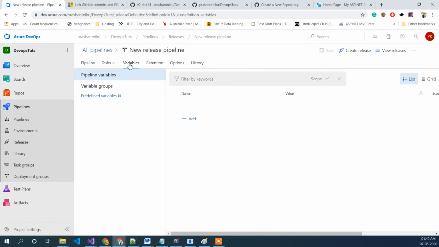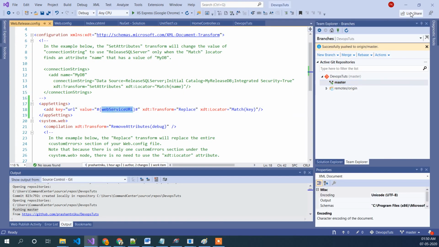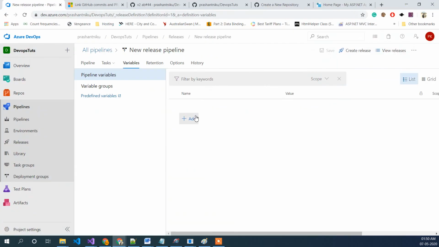One thing you need to make sure is that these variables will be shared across all the stages or all the pipelines, whether it is development, staging or release, so you need to define it in here. Let me just use that syntax. Okay, just copy this and add it here, and the value should be like automatic build process maybe.